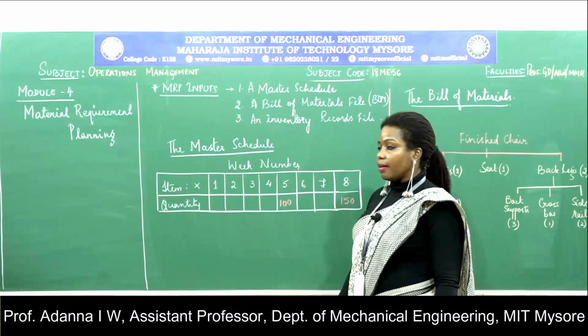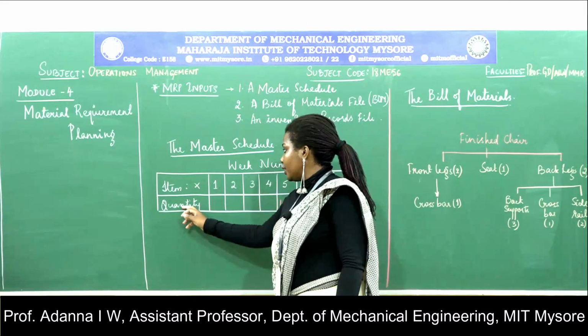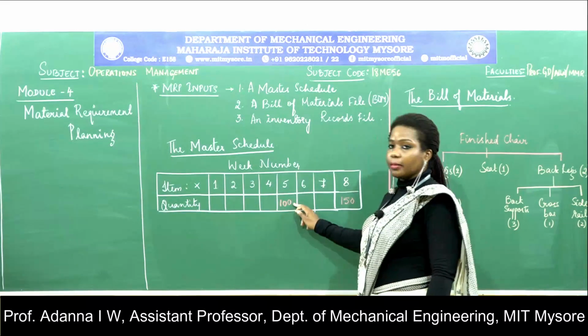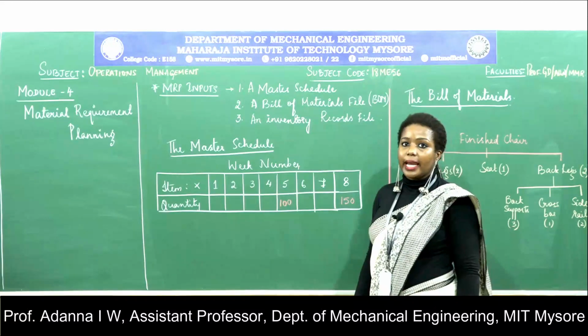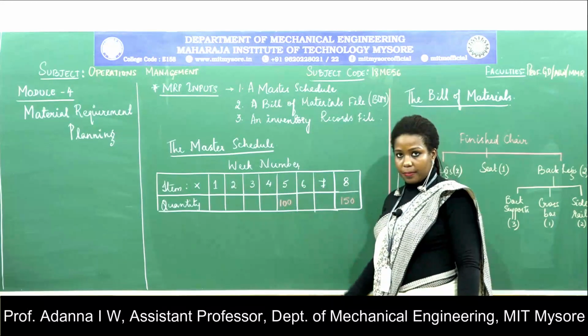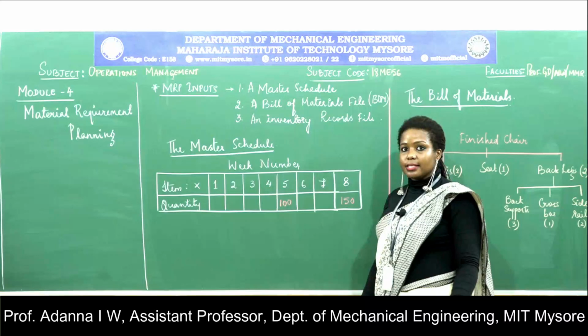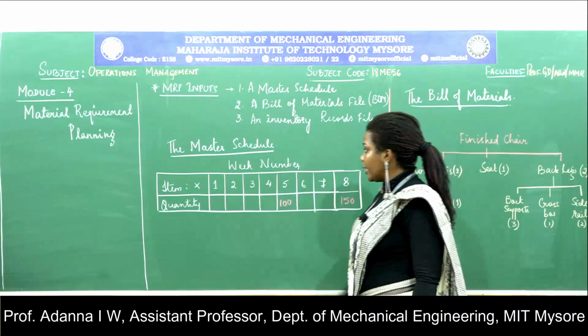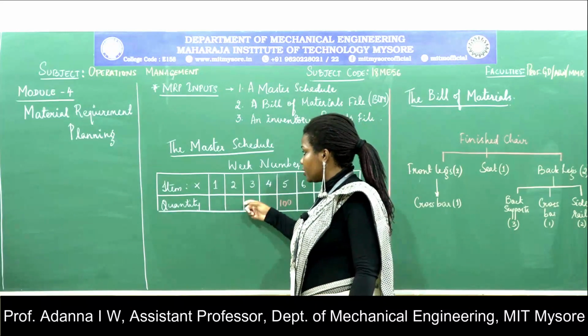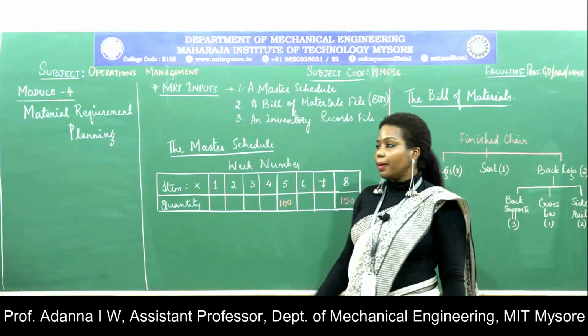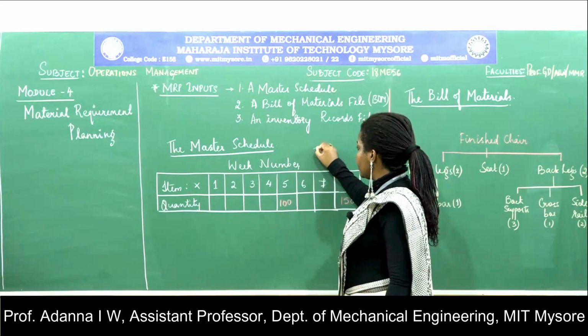Item X is required in quantities of 100 at the beginning of week 5 and 150 at the beginning of week 8. That is what this means. Now, what exactly does this imply? It means to say that each and every week, we call each of these weeks time buckets. So, time buckets